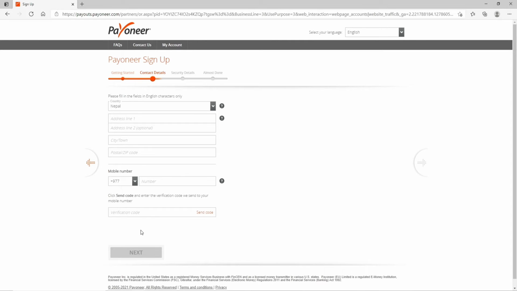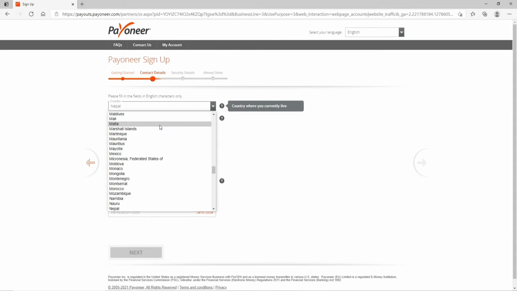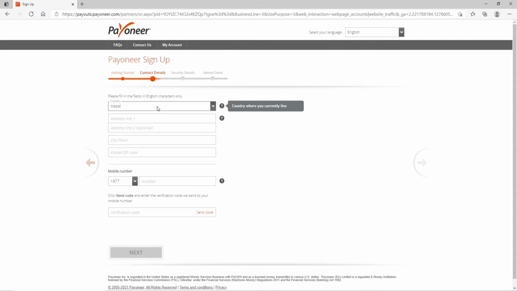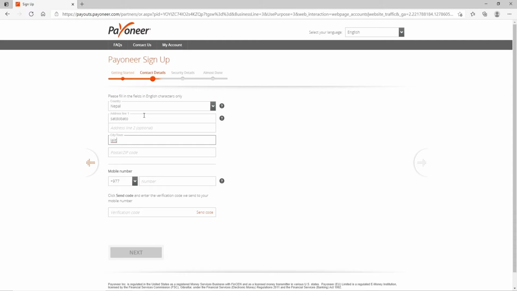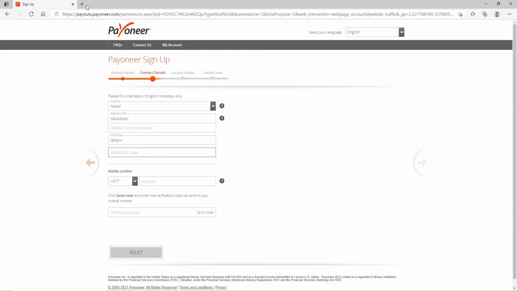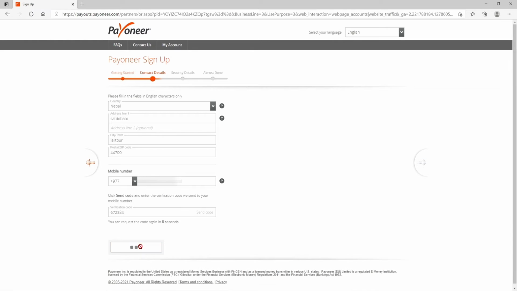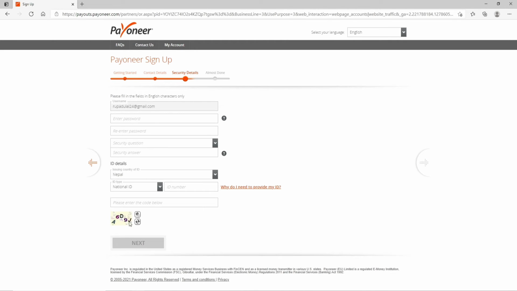On the next page, you'll need to fill in your contact details. Select your country from the drop-down if necessary in the first text field. Now enter your address on the next. Enter your city or your town's name and enter the postal or zip code on the next. Now, after that, under mobile number, enter your mobile number. A code will be sent to you via SMS, so click on Send Code to receive it. As soon as you do that, wait for your code, and once you receive it, type the code into the verification code text field. Now, click on the next button, and on the next page, you'll need to enter your